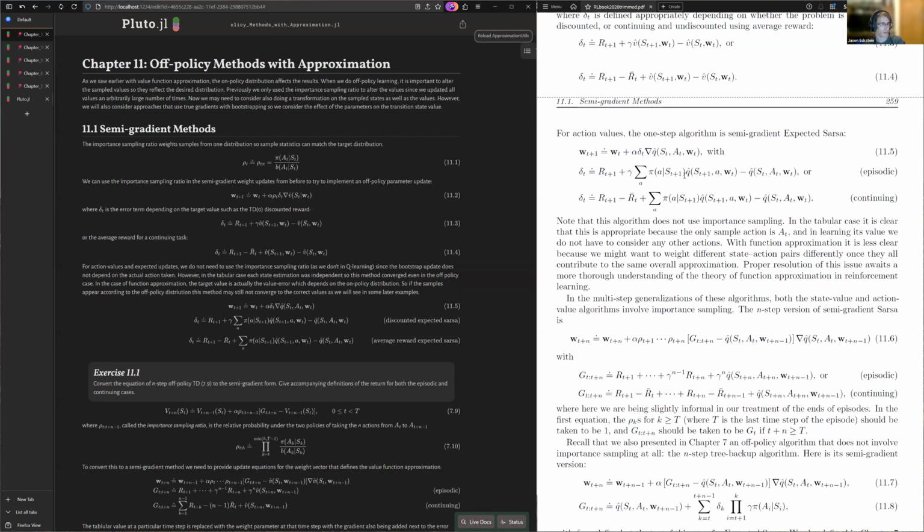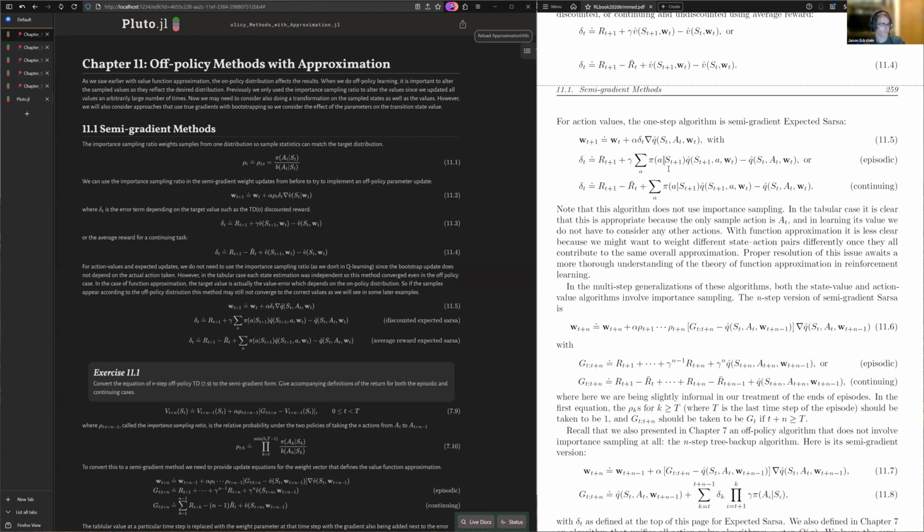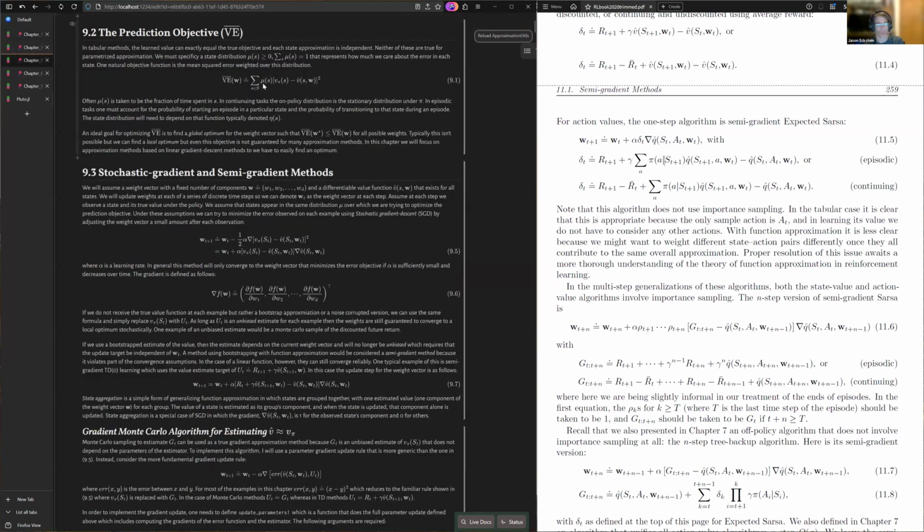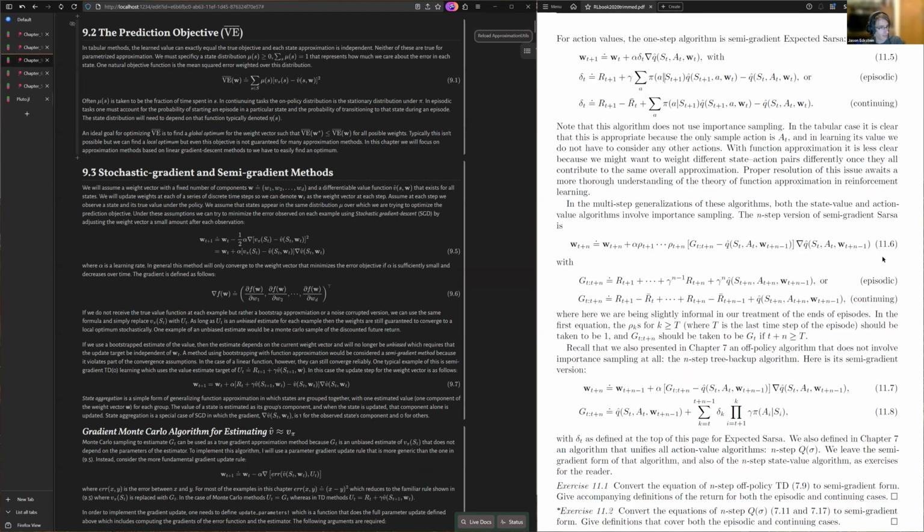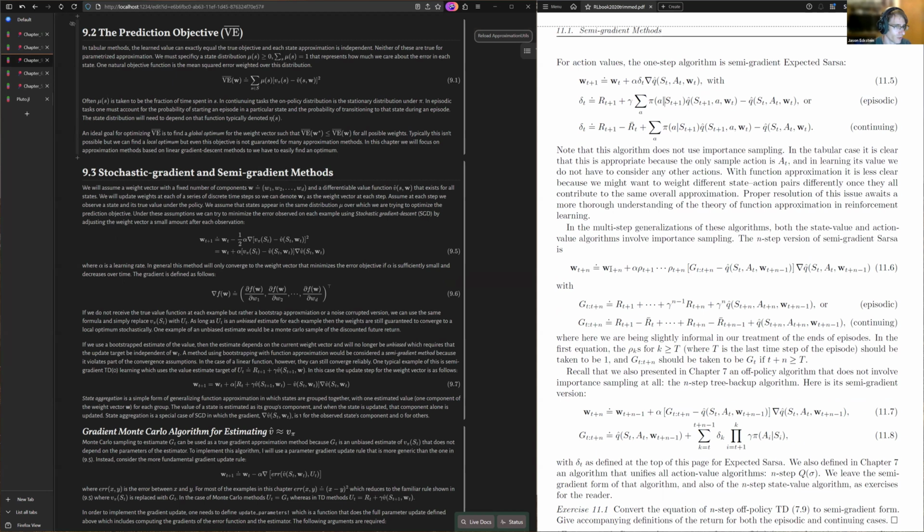But again, the problem is that, oh sorry, I should show this again, we're not actually going to draw the samples from this distribution. And here, this is just additional update rules for the n-step methods, which I'm not really going to go into